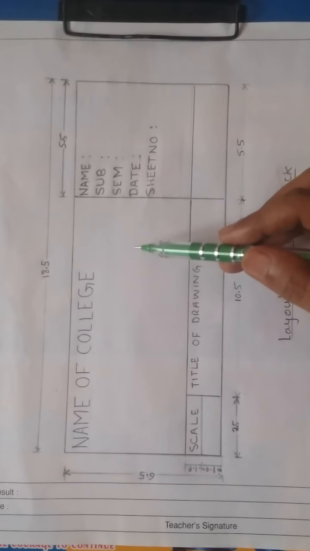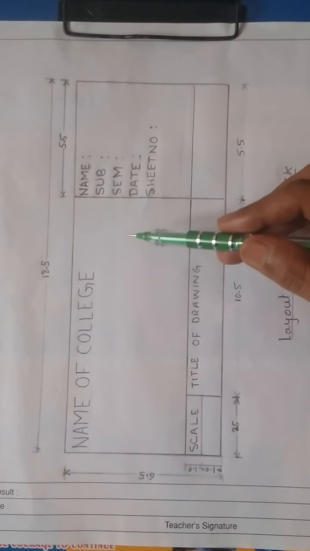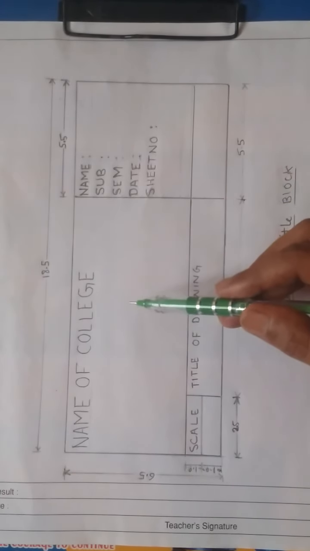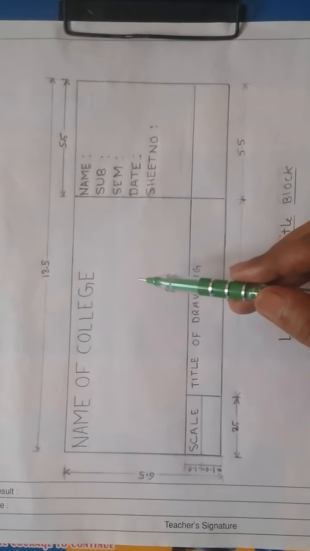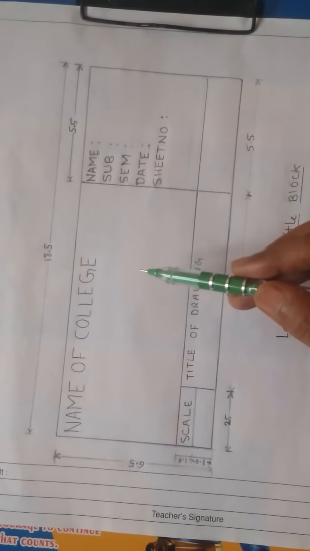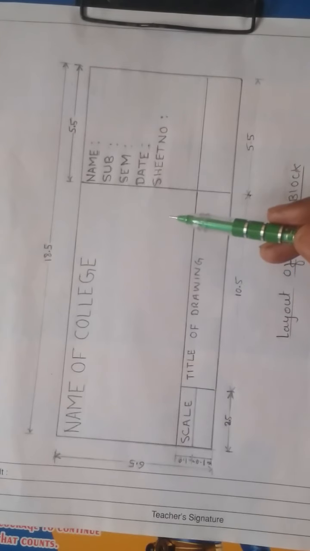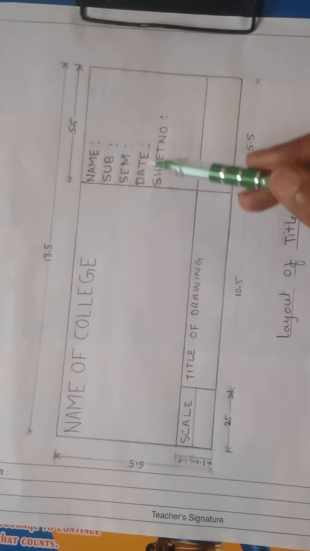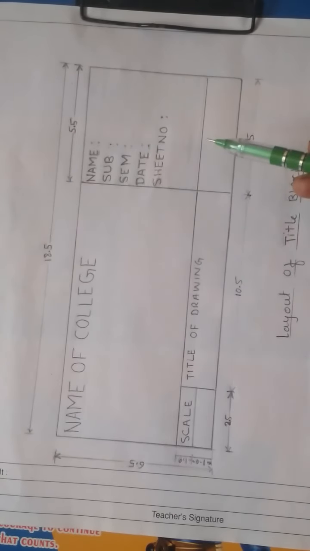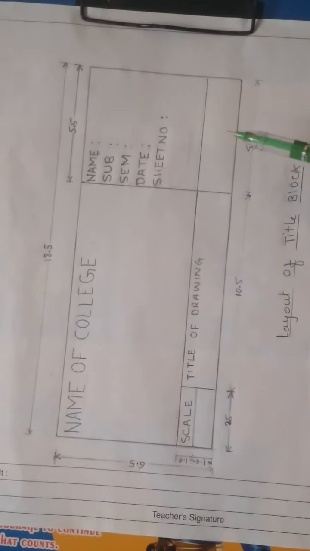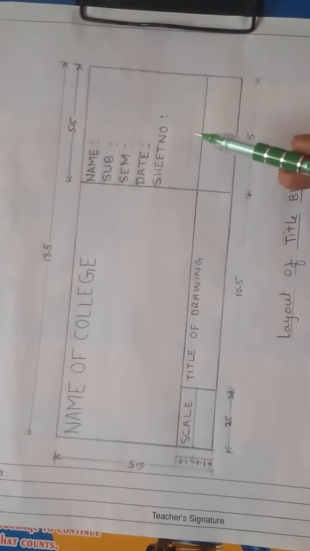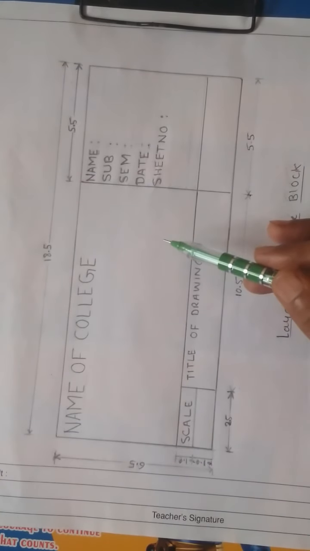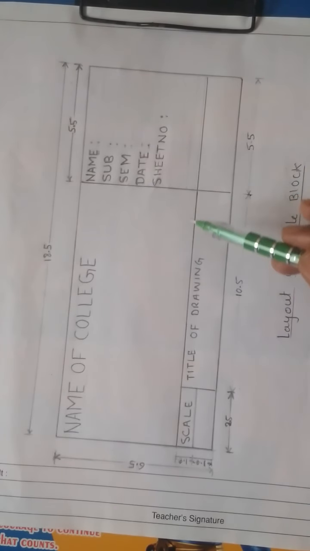For example, a construction company is going to handle a large number of projects. So if you want to know the particular project's details, they have to be provided by the information in the title block. They will come to know the particular type of drawing, and their date will be highlighted in this. So this will be used for the recording purpose, and it will also be used for the administration purpose.